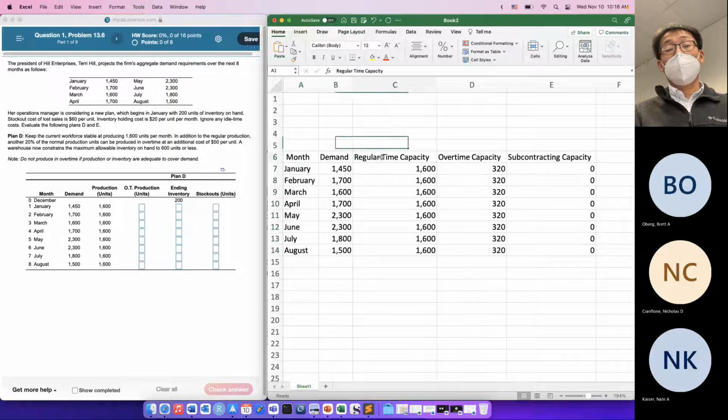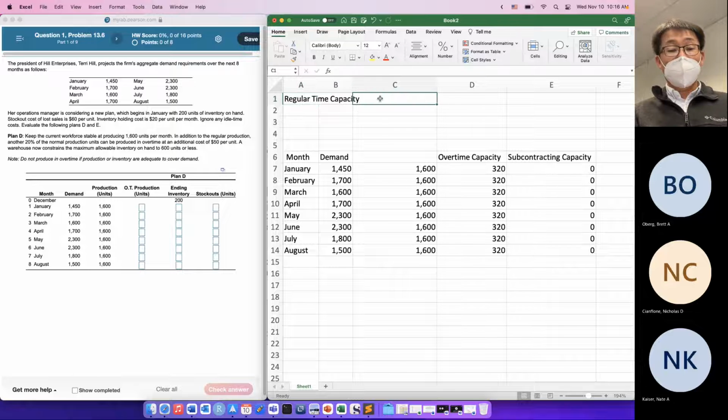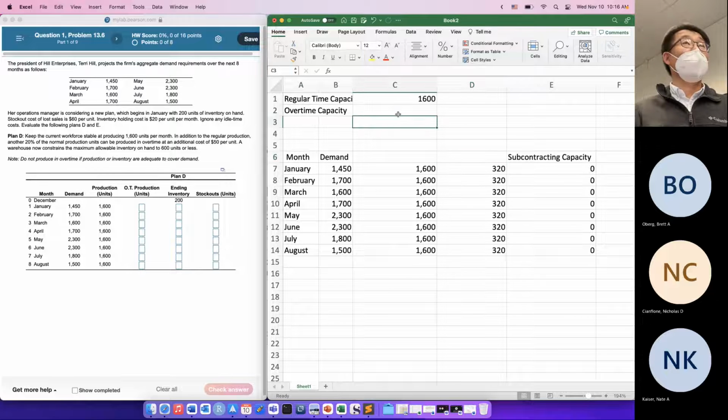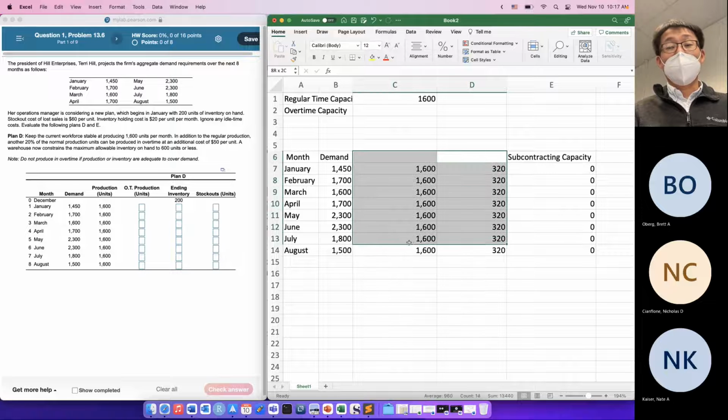And I'm just moving this here. And then I'm going to get rid of this particular column, which is 1600. And overtime capacity. Do you know why this is 320? Why is overtime capacity 320? That is because